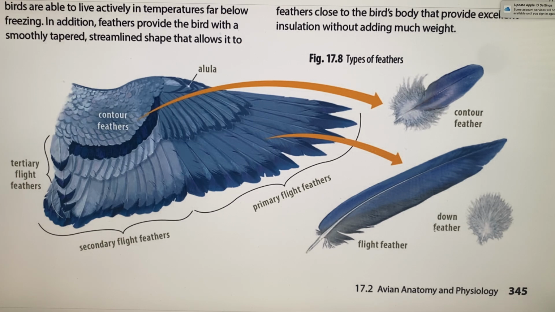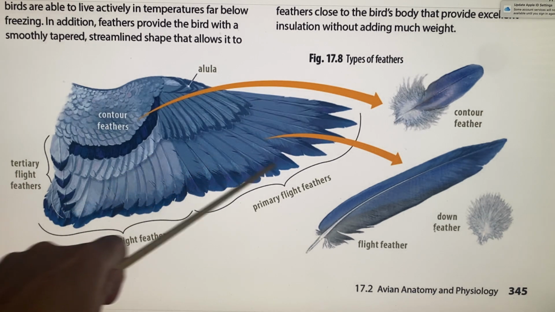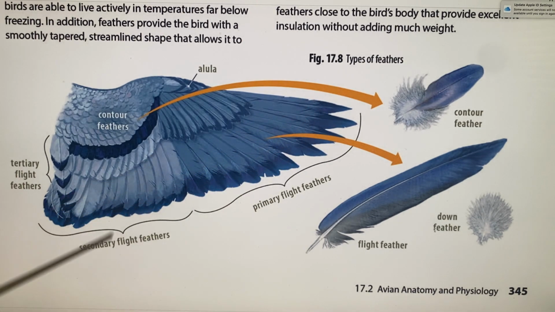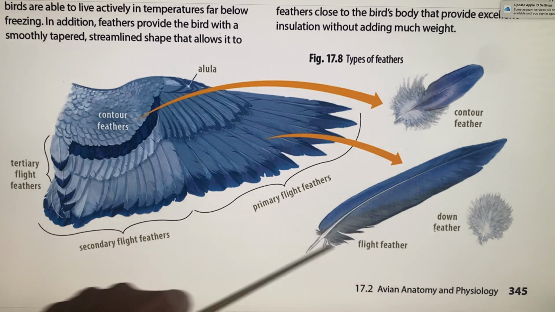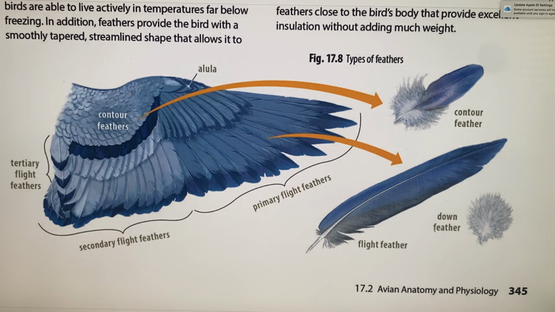And then we have the flight feathers. Here are the primary flight feathers that catch the air, and here are the secondary flight feathers. And here's the tertiary. So they have three different kinds of flight feathers, and these give the wing the shape and the contour so it can fly. So here's a flight feather right here, and you can see its longer length. They're designed for